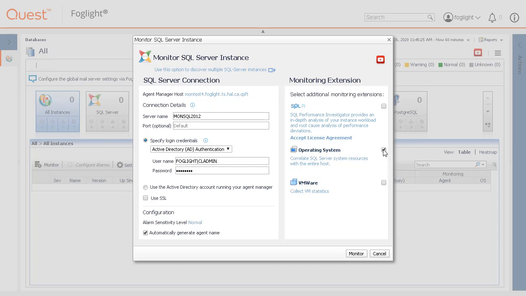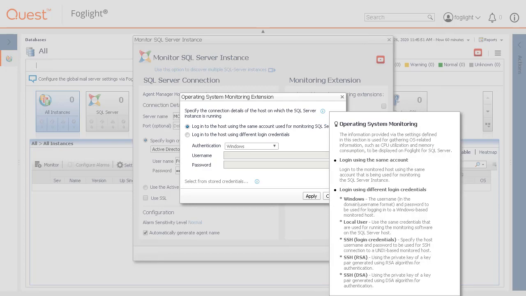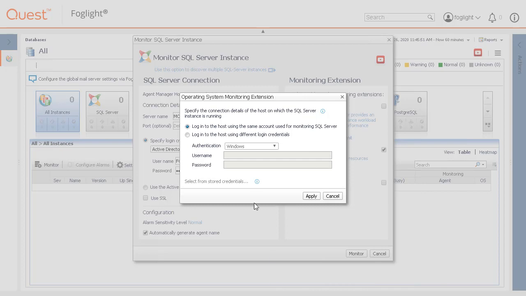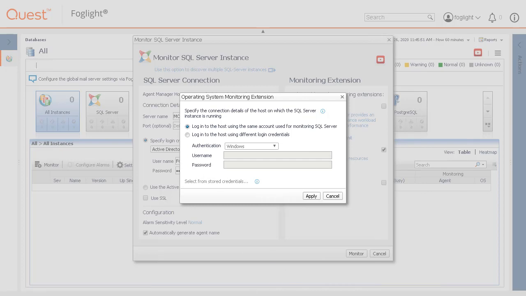The operating system checkbox allows the database agent to collect OS metrics. Clicking the link provides an option to either enter the login credentials for the remote host or to select a previously configured credential stored in the lockbox of the FMS. OS metrics require WinRM or WNI connectivity to collect Windows metrics, or a SSH connection for Linux monitoring. Enter the OS login credentials or select a radio button to use the same account to monitor the SQL Server,